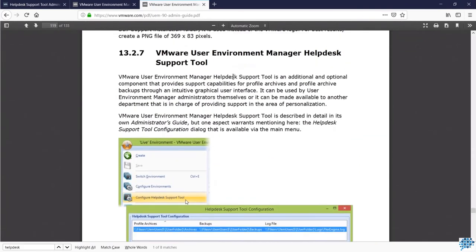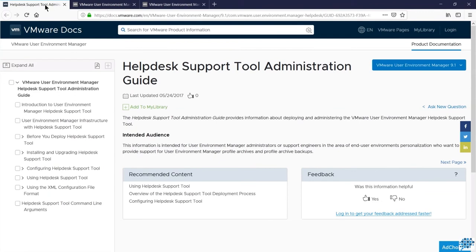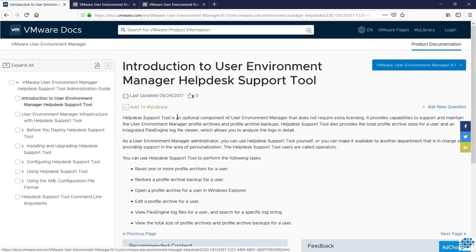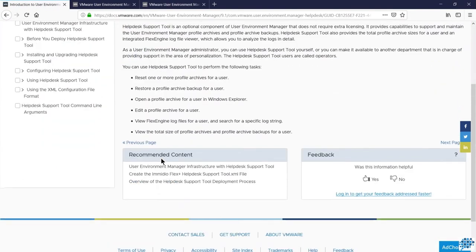This is just really a sort of starting point for it, because what we also have is a full document on the subject. So we can see, get an introduction to what the help desk support tool does for us,